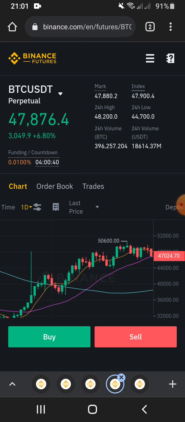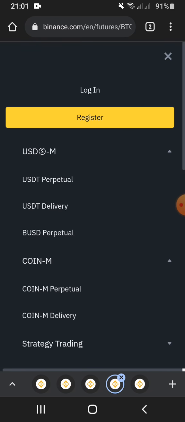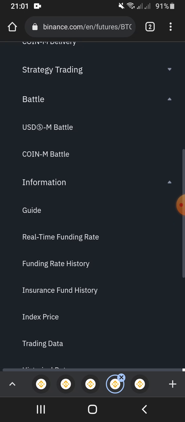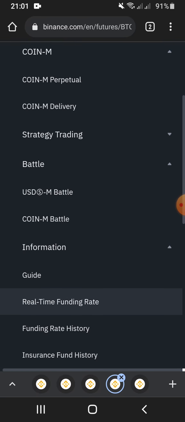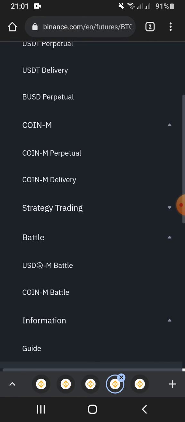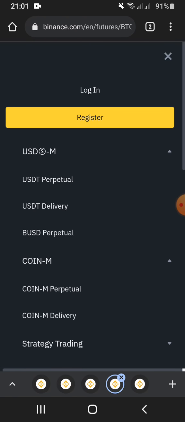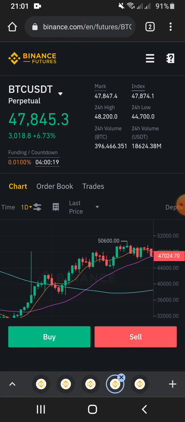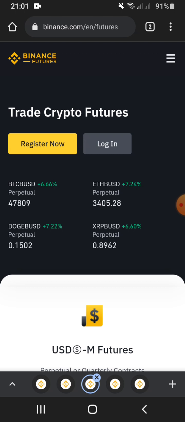Now you need to know that Binance futures has a lot of features which are very beginner friendly, and also has lots of opportunities and advantages that users can utilize. It also has the guides and information center, the battle space, and also the strategy trading, which all users can make use of. On Binance futures, all you need to do to get started is to register an account